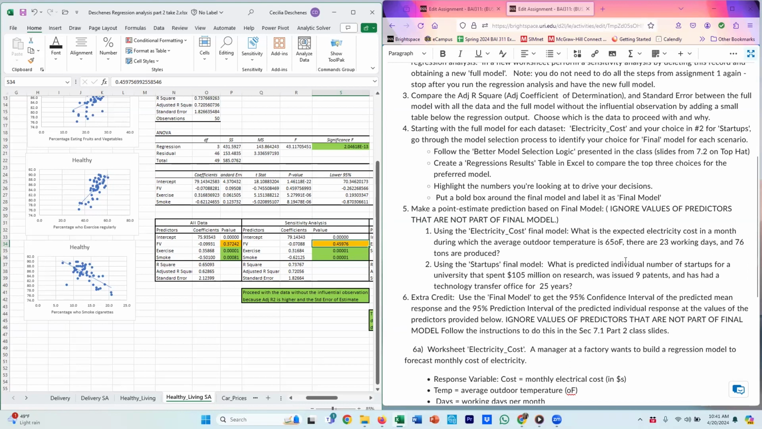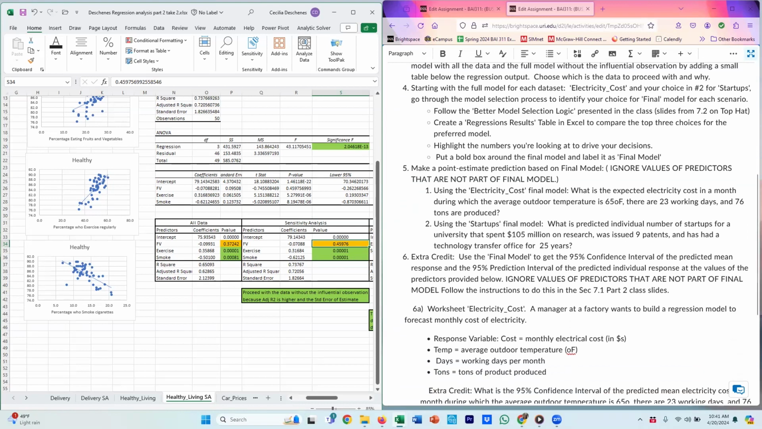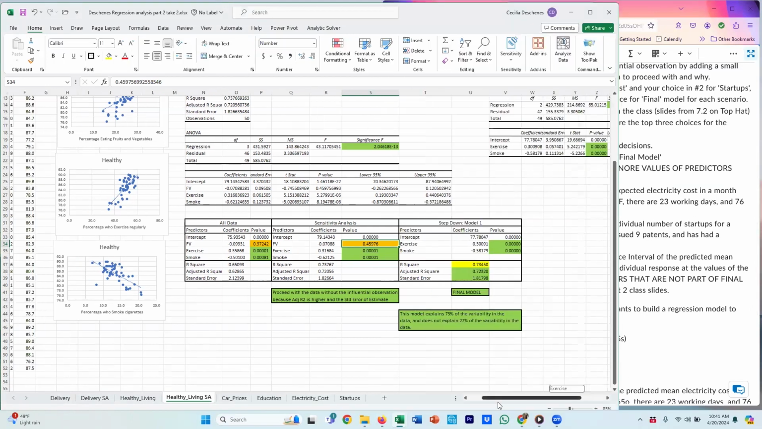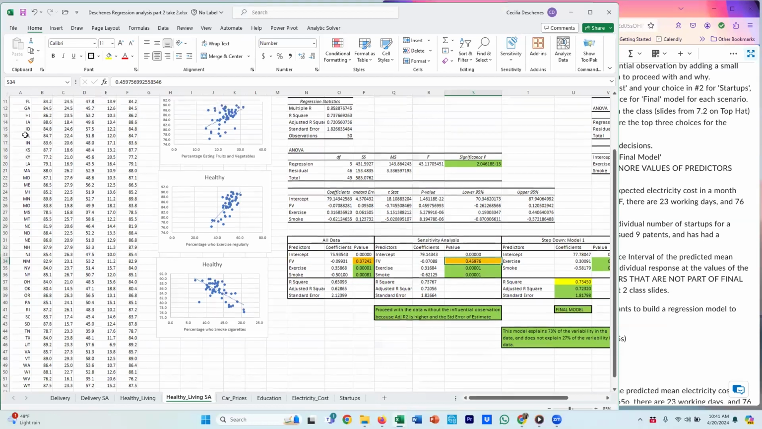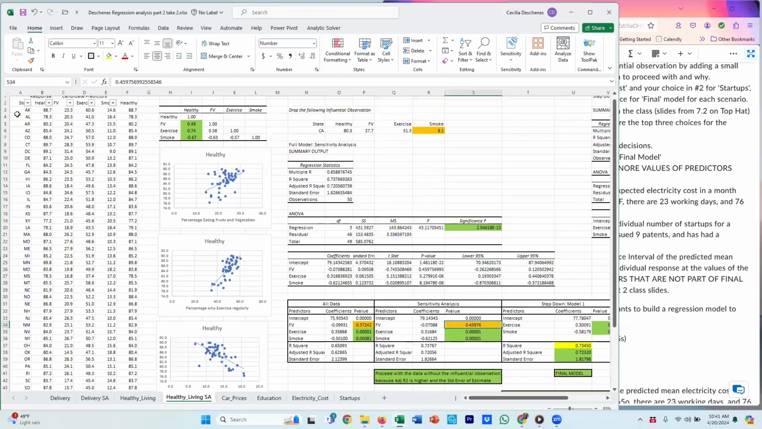And then we're going to make a point estimate. So now that we have a final model, we're going to make a point estimate. And because I'm making this up, I'm going to look at Connecticut here. Let's find Connecticut in this list. Now, where's Connecticut? Oh, there it is. Okay, so Connecticut has pretty high numbers for health. So 89.7 health,